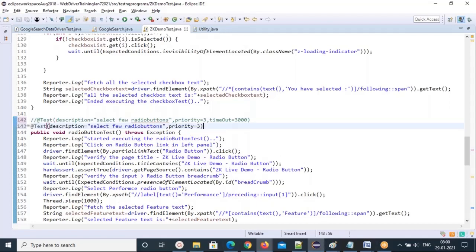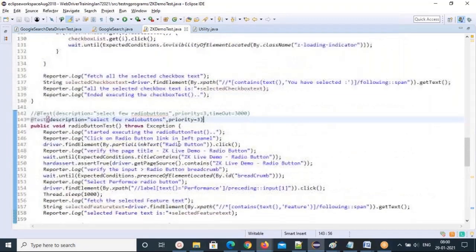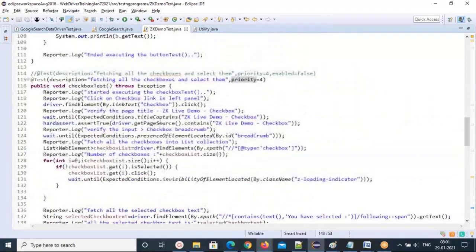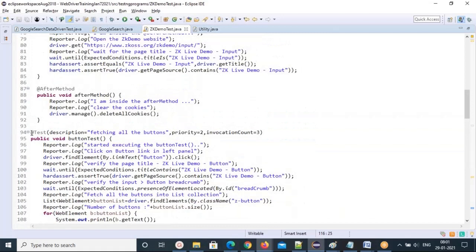This one, okay? @Test, so I'm giving @Test priority equal to 3, and this checkbox test I have given priority equal to 4. These two I'm not giving any priority.